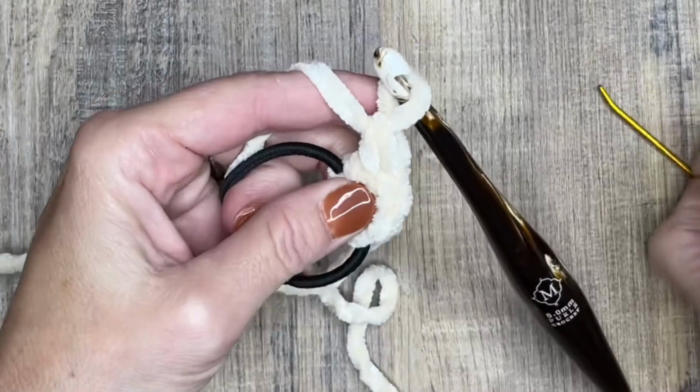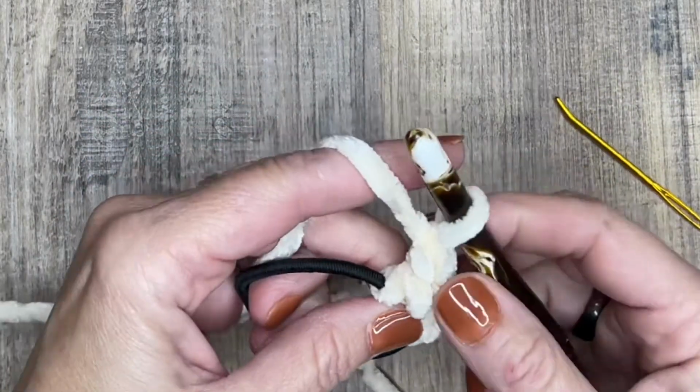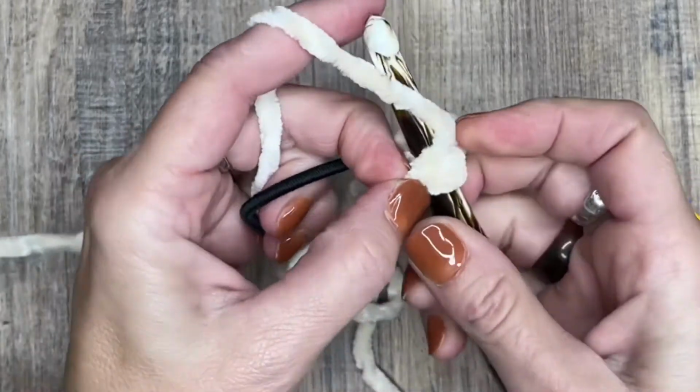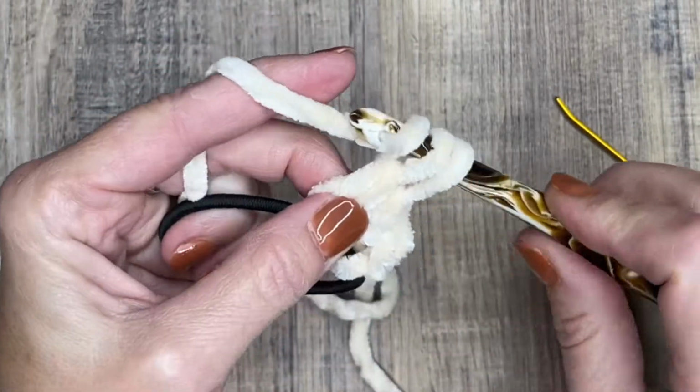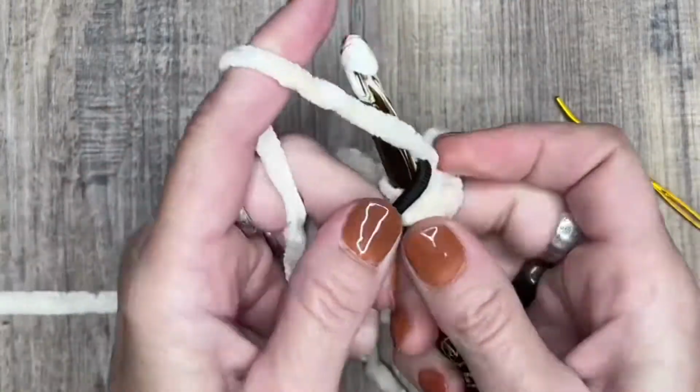and then you're going to go into this little area right there, and you're going to double crochet into that. So it's like one double crochet on top of another. Then you're going to just do one double crochet,